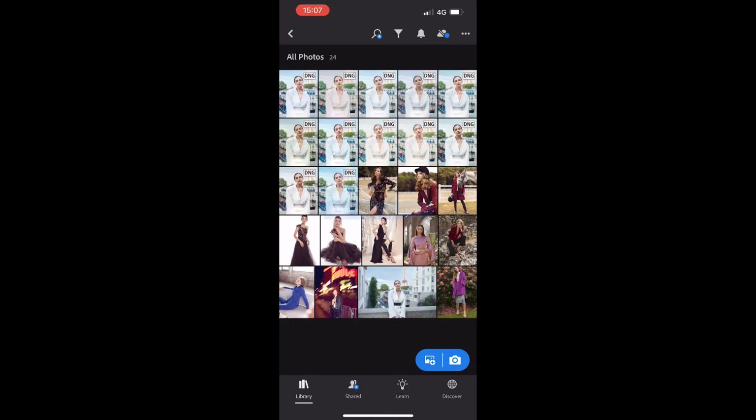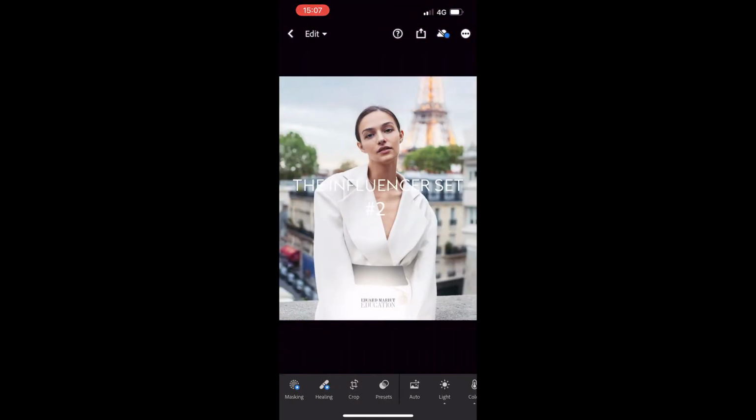After successfully importing all the DNG files, now all you need to do is to create a preset by copying the settings of the DNG file that you want. Just choose the effect that you want, let's say the number 8,